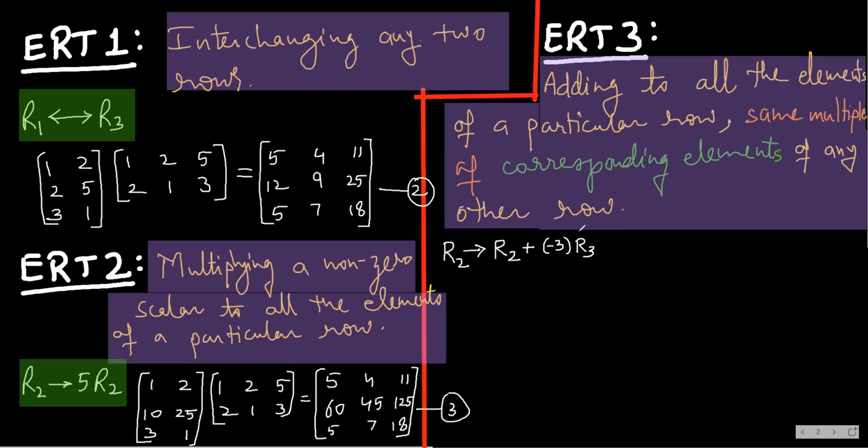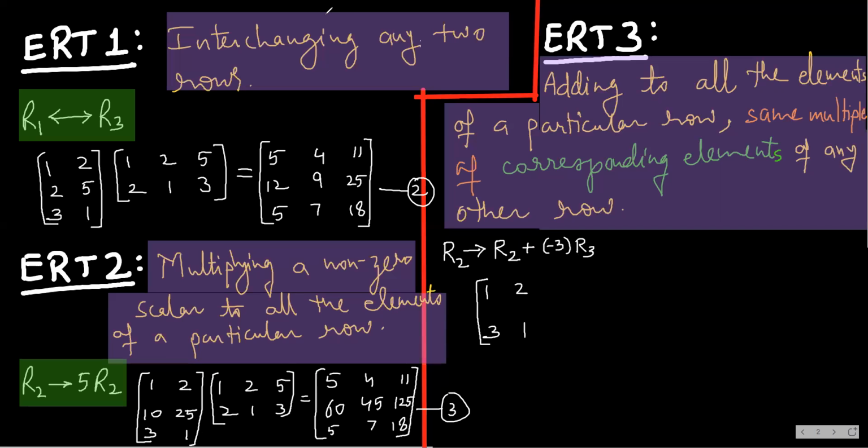And where am I bringing this? I will apply this on this equation. Okay, let us do it. So see, R2 is going to change, and you will apply this only on the prefactor matrix. Will R1 change? No. 1, 2. Will R3 change? No. 3, 1. See, I wrote as it is. 1, 2, 3, 1. No change. R2 is changing. How is R2 changing? See, R2 changes to R2 plus minus 3 R3.